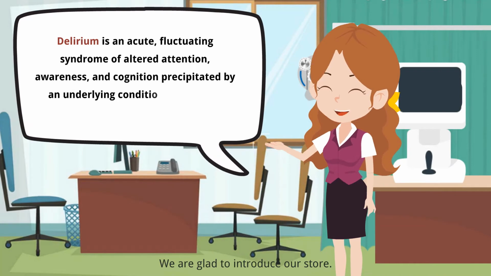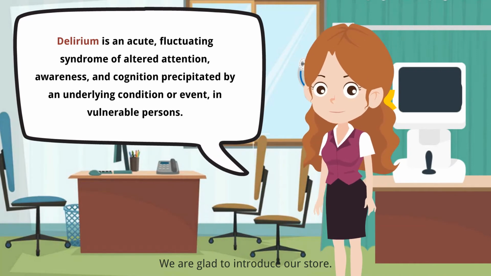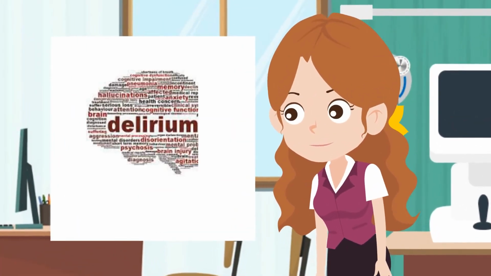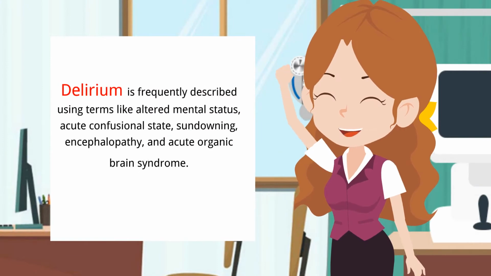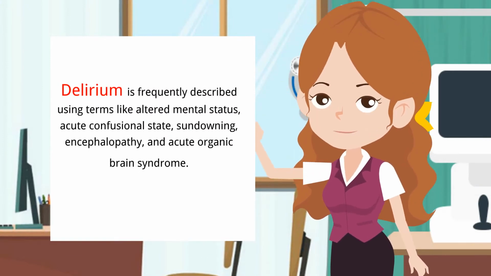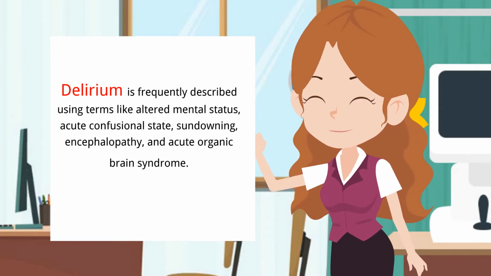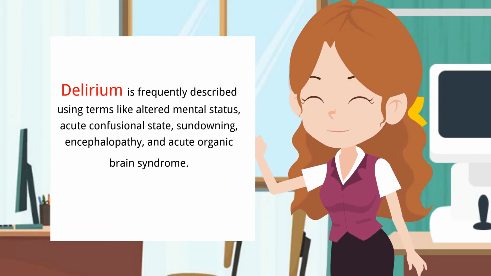What is delirium actually? It's an acute fluctuating syndrome of altered attention, awareness and cognition precipitated by an underlying condition or event in a vulnerable person. So, delirium is frequently described using terms like altered mental status, acute confusional state, sundowning, encephalopathy, and acute organic brain